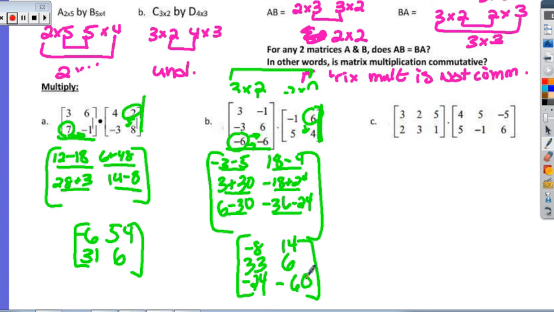All right, let's see first of all, is it defined? Here we have a 2×3 multiplied to a 2×3. The columns in A do not match the rows in B, so this one here is undefined. This cannot be multiplied. They could be added because they have the same dimensions, or subtracted, but they cannot be